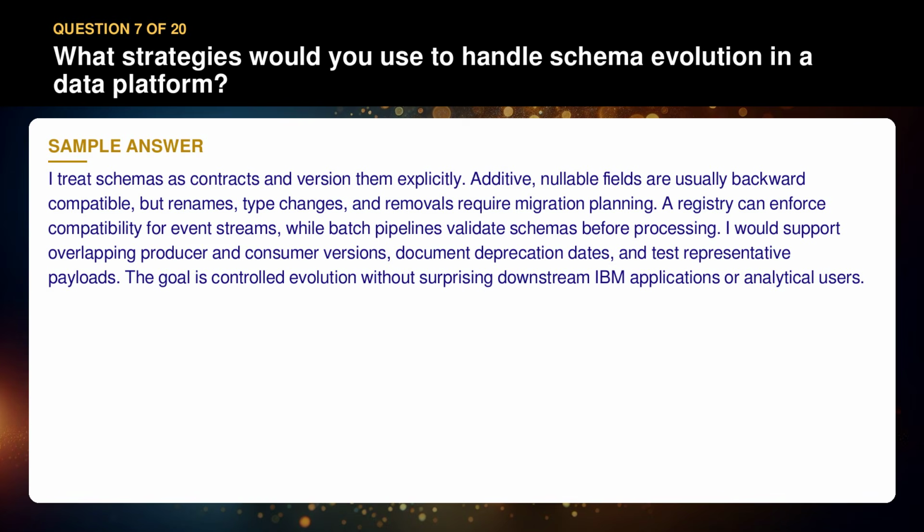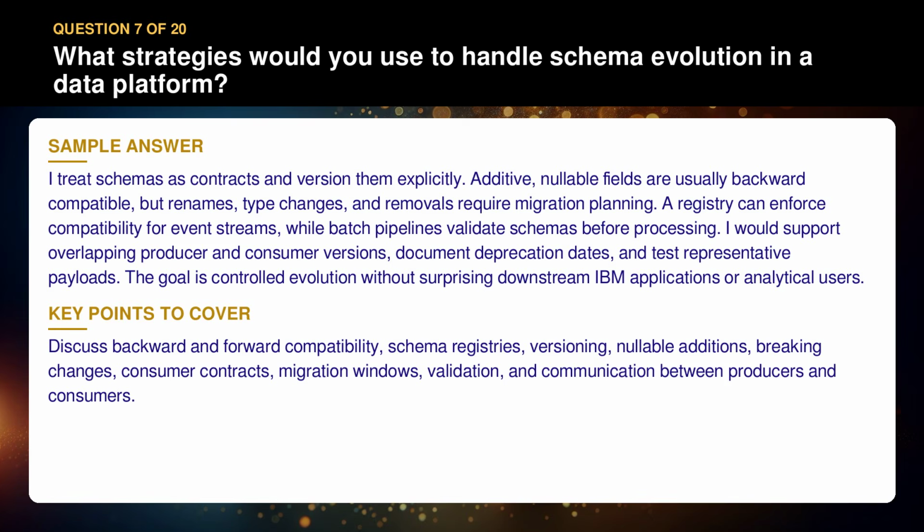I would support overlapping producer and consumer versions, document deprecation dates, and test representative payloads. The goal is controlled evolution without surprising downstream IBM applications or analytical users. Discuss backward and forward compatibility, schema registries, versioning, nullable additions, breaking changes, consumer contracts, migration windows, validation, and communication between